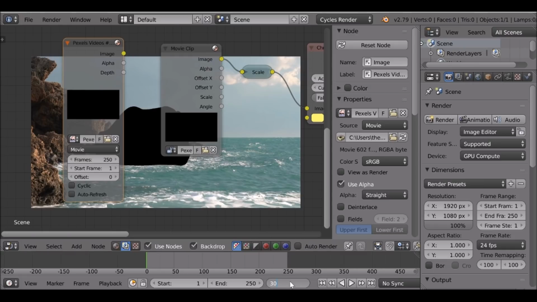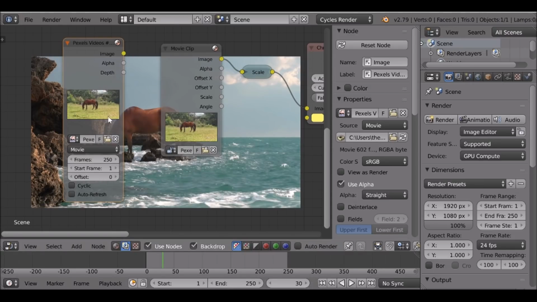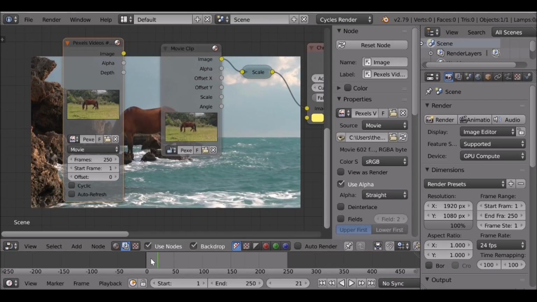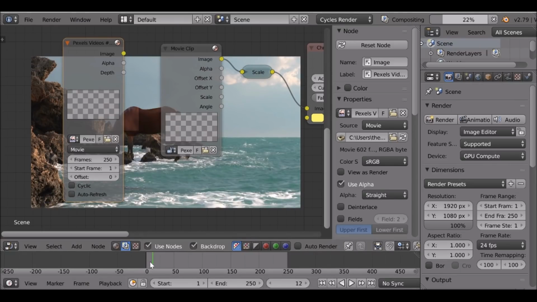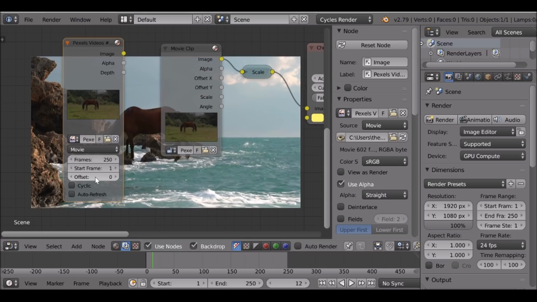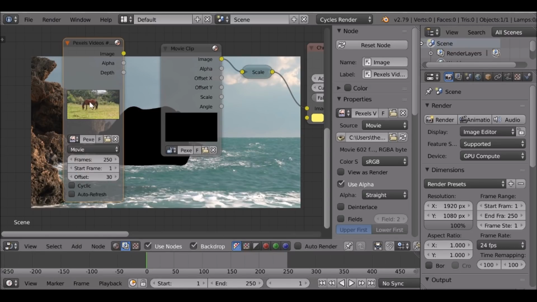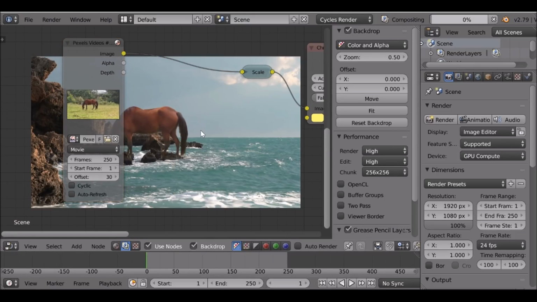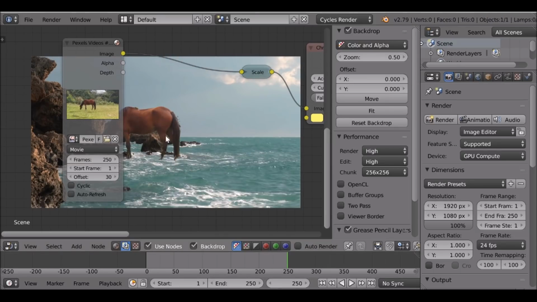Let's go back to frame 30 and we'll see there is no difference. They both do exactly the same thing. Fade in from black. But if we go down here to where it says offset, if we change this to a set number of frames, and now we know frame 30 is good. Now from the beginning, it's not going to have this fade in. Let's just change this here, delete this one. As you can see, as we play through, now we have a clean clip,